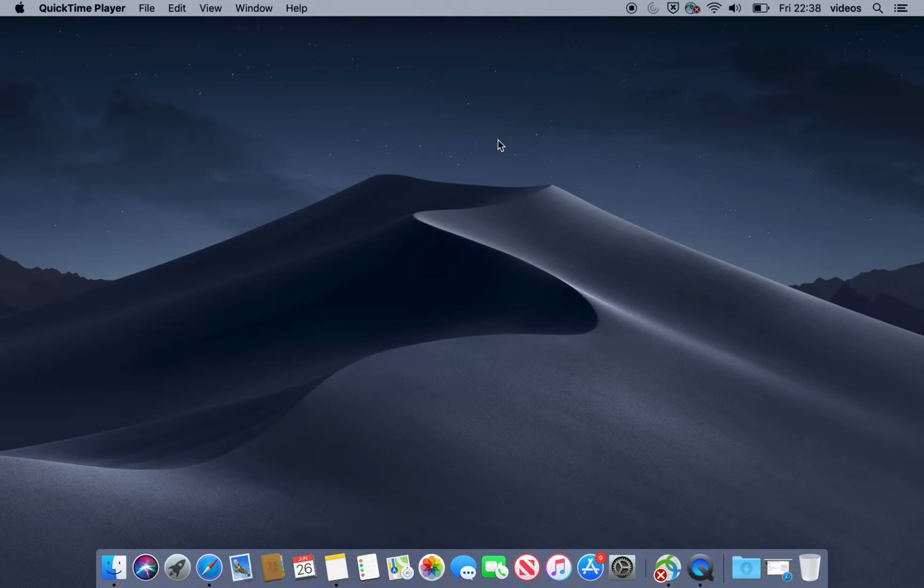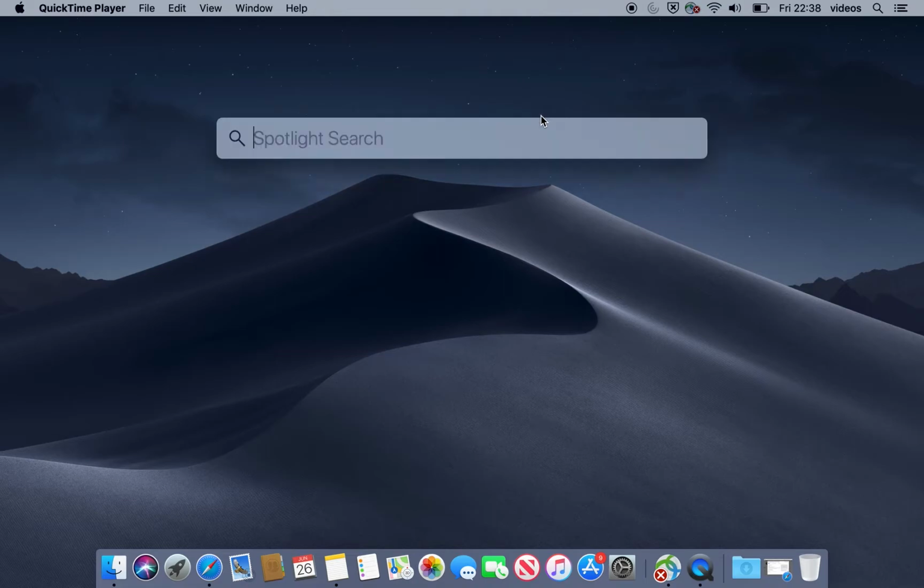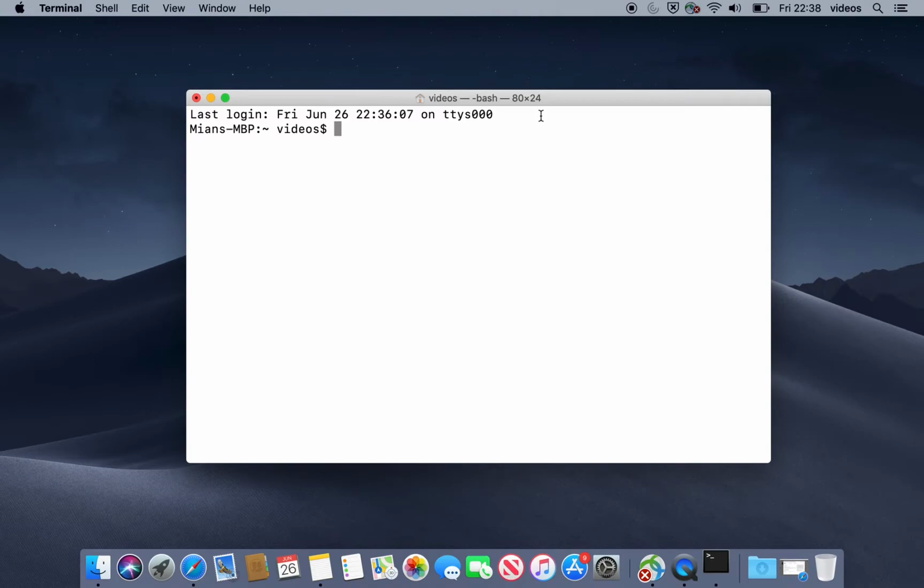Okay, so to do that, one of the ways is to open the terminal and run the command python -V, with a capital V. Okay, so this tells us that the default version of Python on this computer is 2.7.16. If you want to find the location, we'll do which python, and we can see that Python 2.7.16 is stored at